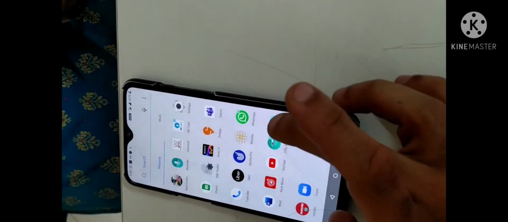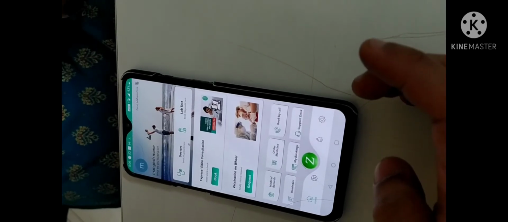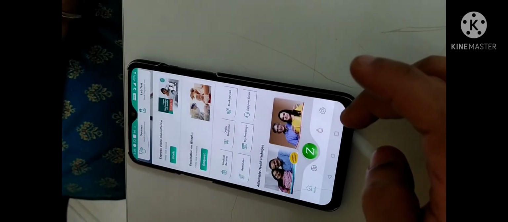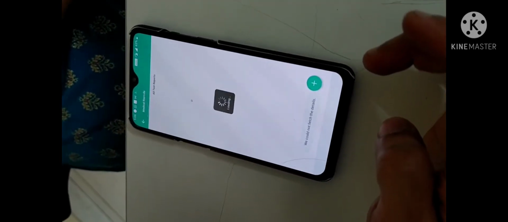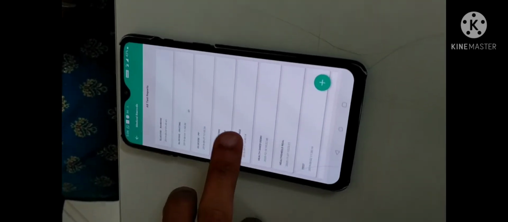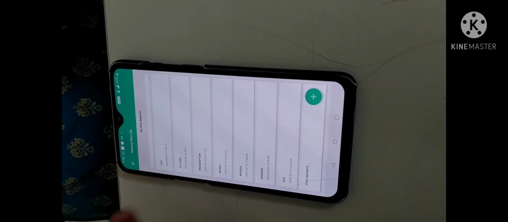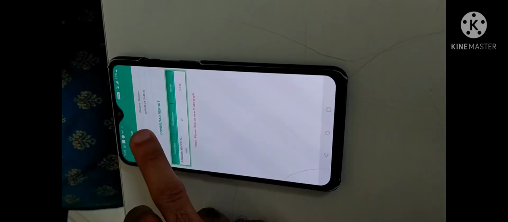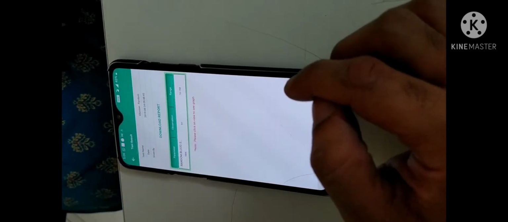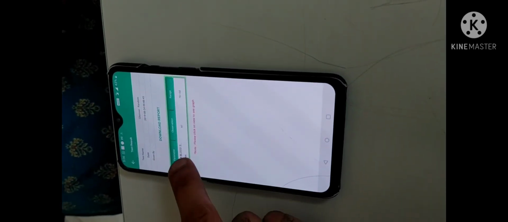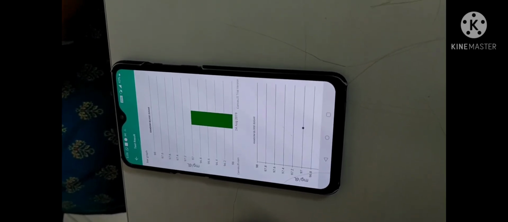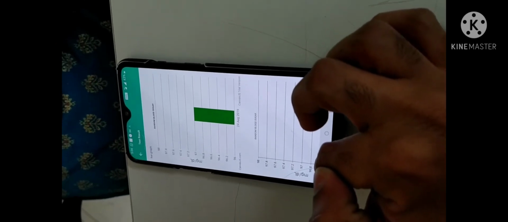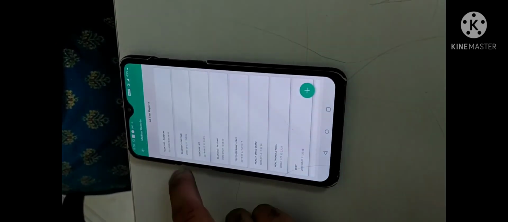So while we come back to the Ziffy Health app, I would again like to show you the trend analysis and how it works. So when we go into the medical reports, you can see all the reports which the patient has done till now. You then select the random glucose which she has been doing, and you just have to press the view option. Here you can see the graphical representation of the random glucose.